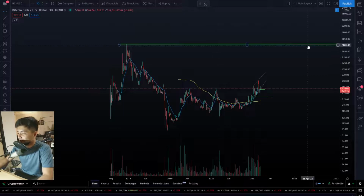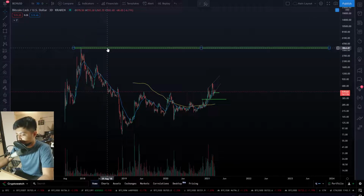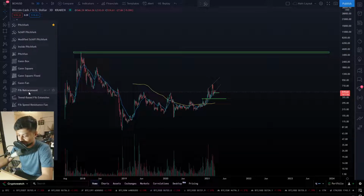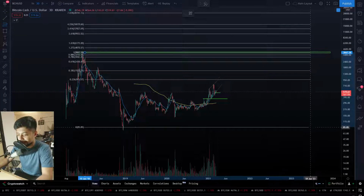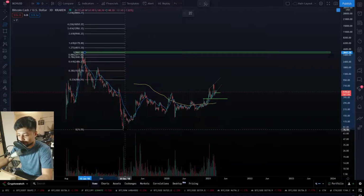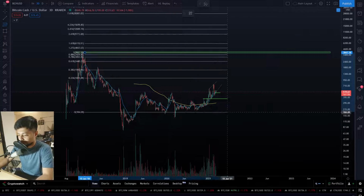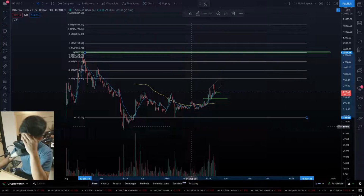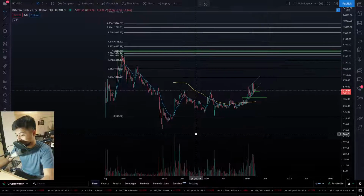Okay, you go to 4k, you do start closing your weekly candles above the 4k, the previous all-time high. Then you can talk about some Fibonacci zones of potential profit taking interest out of this entire bear market consolidation, guys. Let's just not consider this one right here, because this was simple overextension because of the fork happening on BCH, guys. A fork getting forked, I mean I have a lot to talk about this one,